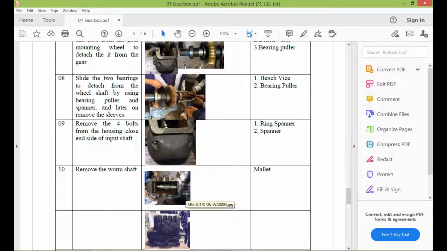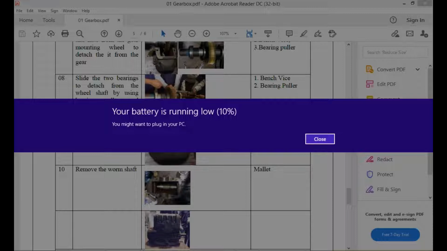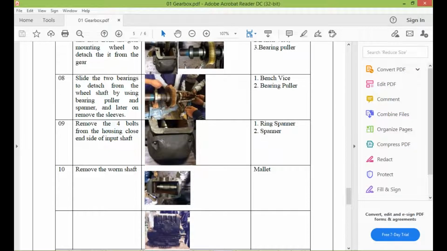This is called the process chart. In the process chart, you explain to remove whatever fastener by using the XYZ tool. After removing that fastener, keep it in the proper tray number, maybe tray number 1, tray number 2, tray number 3, and again keep the tool in its proper place. The same process you can follow for the second method, right? You can remove another part by using another tool, right? Keep it in tray number 2, keep the tool at the proper place. So that is the practice for the disassembly.